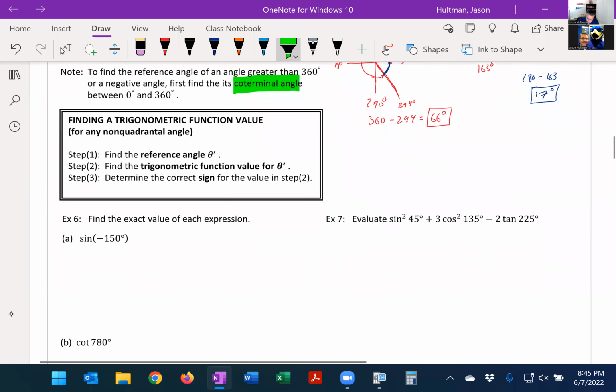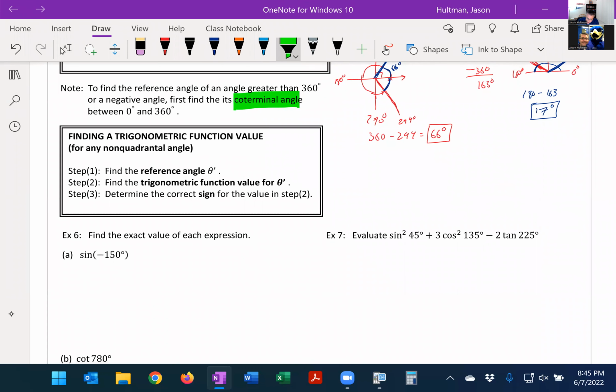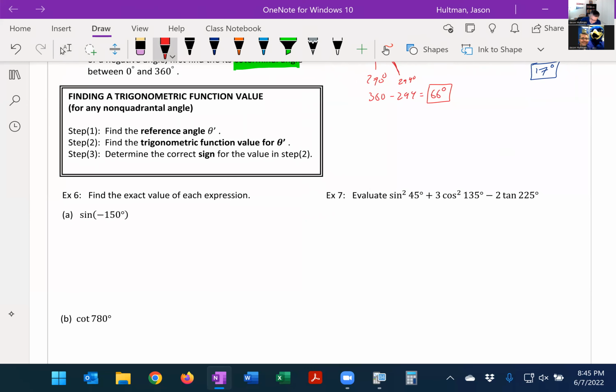Okay, finding a trigonometric function value. Find the reference angle, find the trigonometric function value for that reference angle, and then determine the correct sign of the value. Okay, so let's do that. So the sine of negative 150. Let's find the reference angle for negative 150. So negative 150 goes